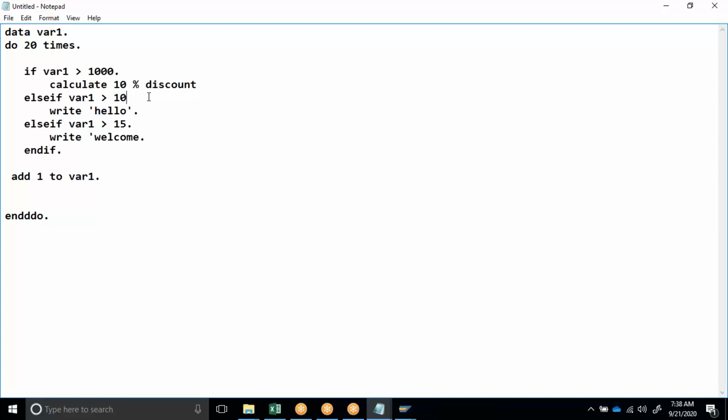If it's greater than 2000, calculate 20% discount. If it is greater than 3000, from now onwards, for everything it should be 30%. Calculate 30% discount.